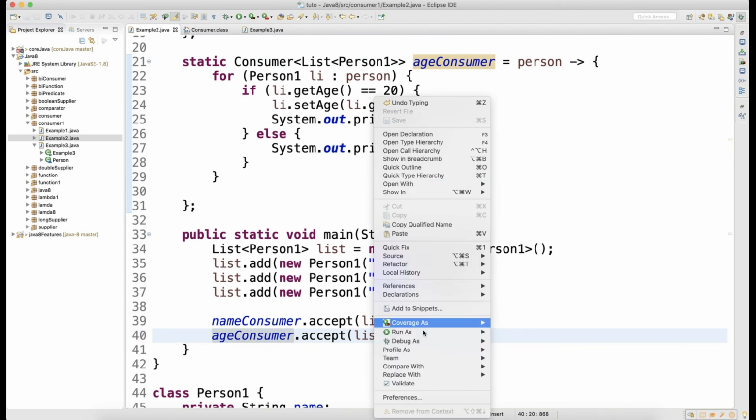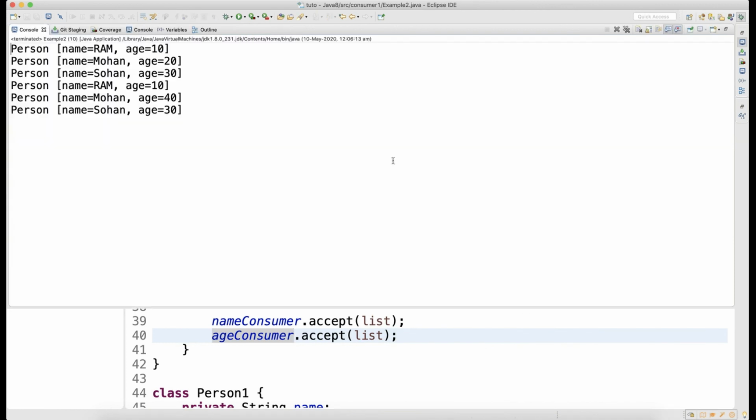And let's run this. So here I'm not using for each loop, and you can see that your output is coming. Your name is RAM, which is capital. This is your first output, your first set of data by using name consumer. Then the last third record you are seeing is because of age consumer. By the first consumer your name was made uppercase, so RAM is uppercase, and by the second consumer, when age was 20 it added 20 more, so age became 40. You can see that earlier age was 20, now age is 40.